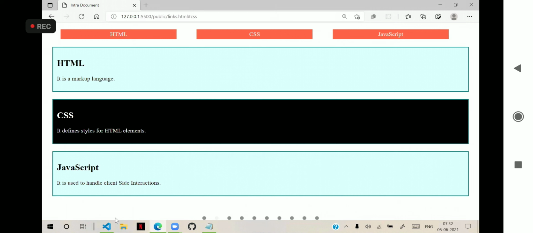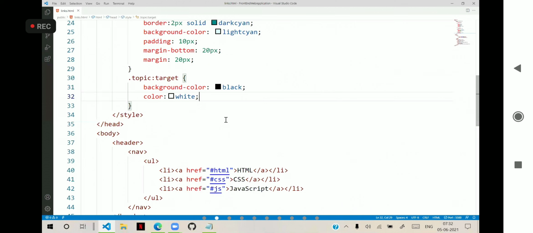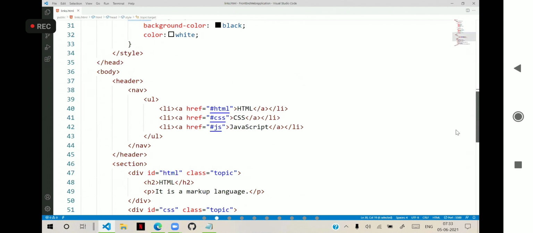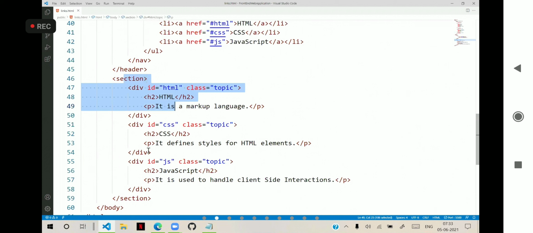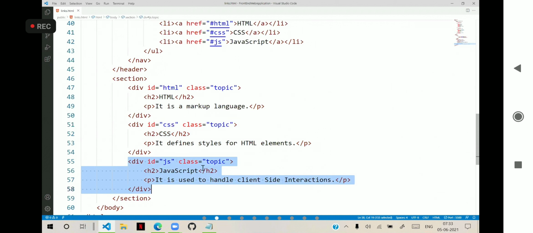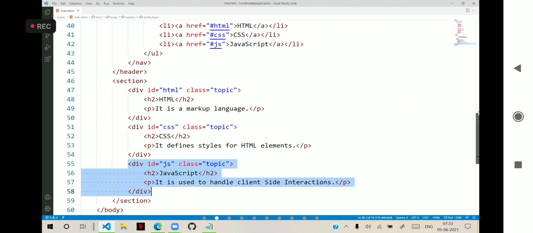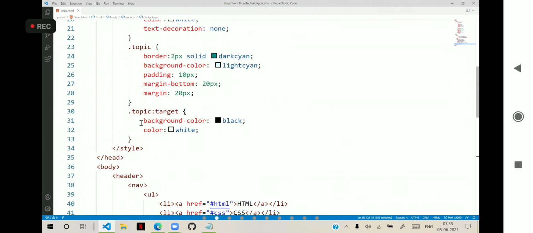For that, we need to use this pseudo-class called target. The target class verifies whether this topic became the target of any link or not. All these are topics only. If any topic becomes the target of a link, automatically it is going to highlight and display. For that, we use a different color for highlighting.